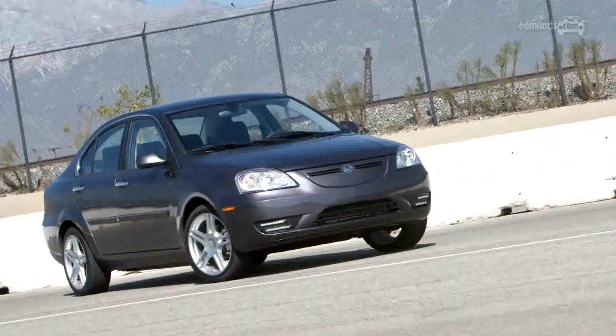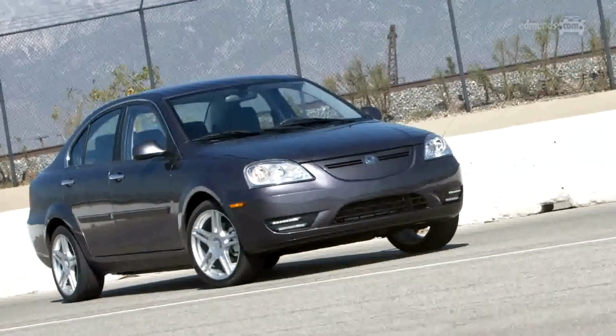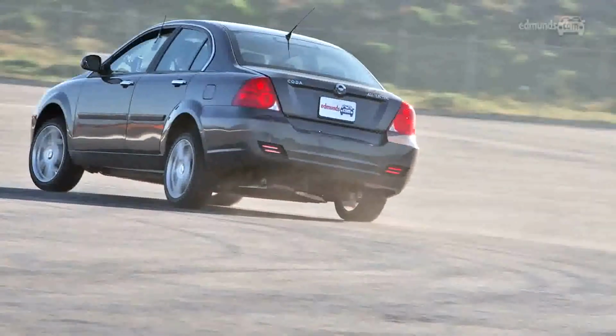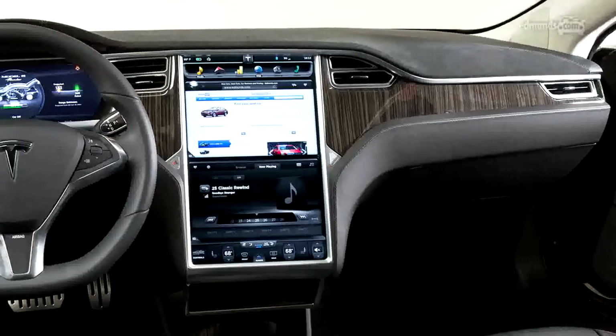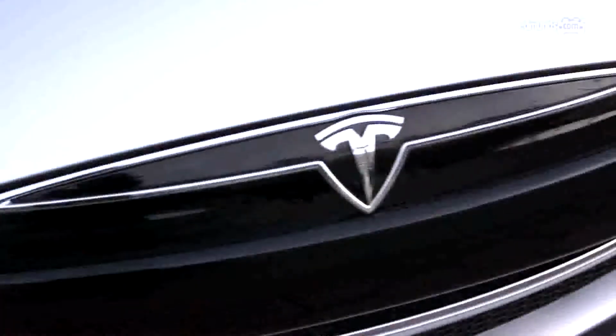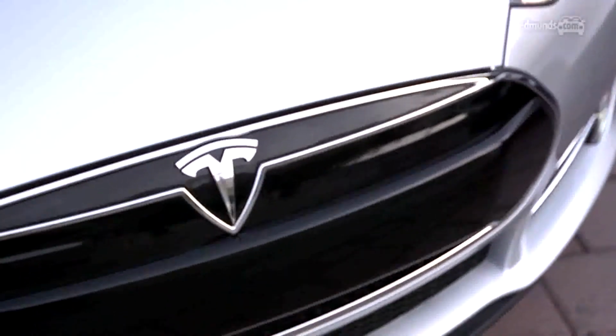There were a few surprising results in this test. For one, the Koda. Who'd have thought that would make it around the loop? It's not a great car, but it has a great battery. And I guess that's what it takes to get miles. The other extreme was the Tesla Model S, which is just a fantastic machine that on our track accelerates from 0 to 60 in the 4-second range. Driven prudently, it goes around twice and has 56 miles left over